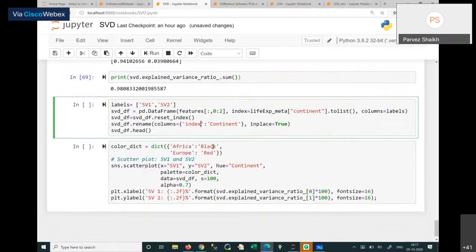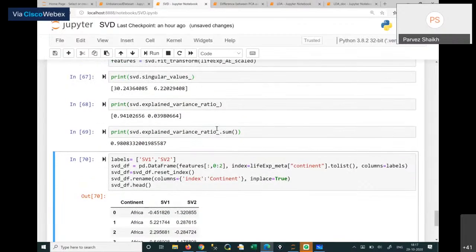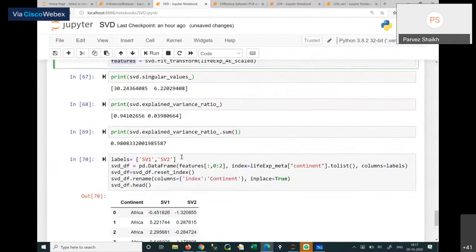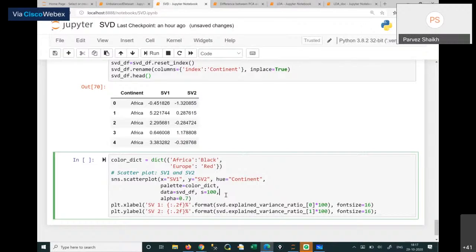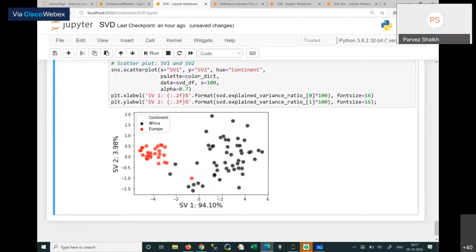So in a similar way, I'm just creating a Pandas data frame out of my SVD, whatever features it has written. It has written me an array matrix. So I'm just converting that into a Pandas frame to actually visualize the data in a graphical manner. So here I am again plotting a graph, and I can see it has discriminated my categories very well, right? So guys, this is how we can do